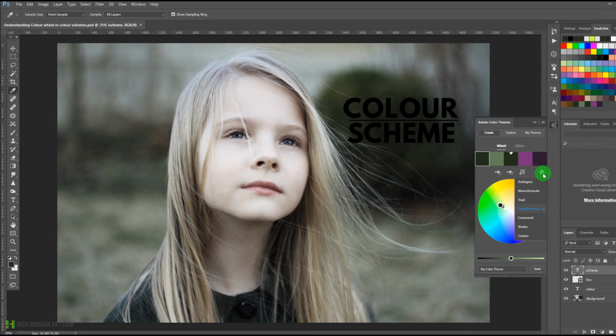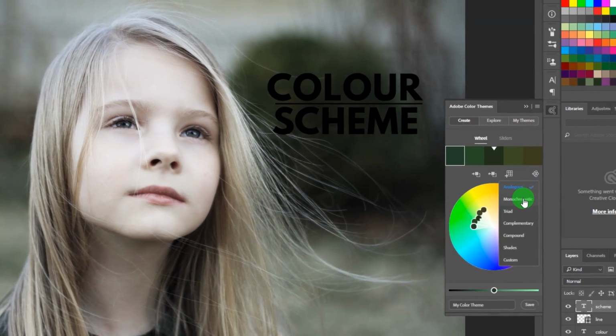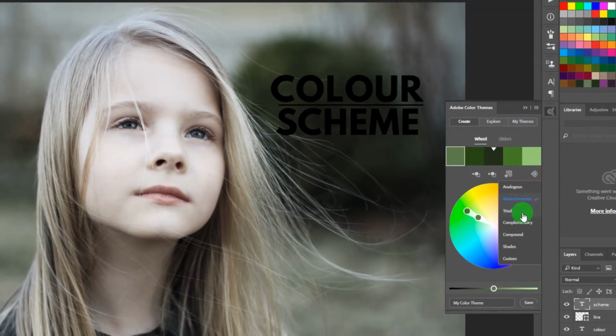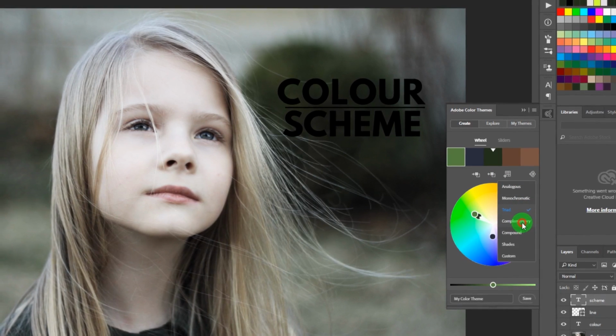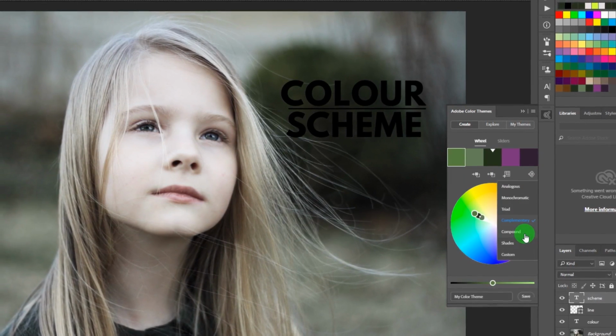So here we have the option to choose different color schemes or different color rules, and if we use colors according to that rule, that would make our design stand out, and that would make our design more aesthetic and more pleasing. So at the moment complementary is selected, but I can choose analogous, and you can see how this color scheme changes with the change of this one. Then I can choose monochromatic, I can choose triad,